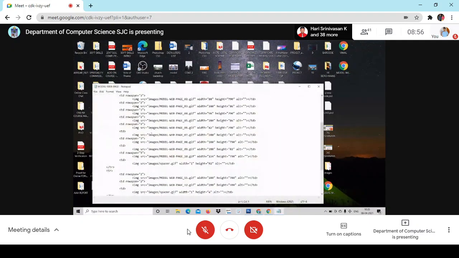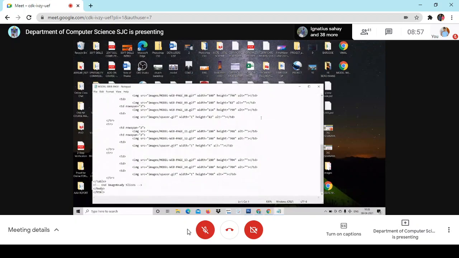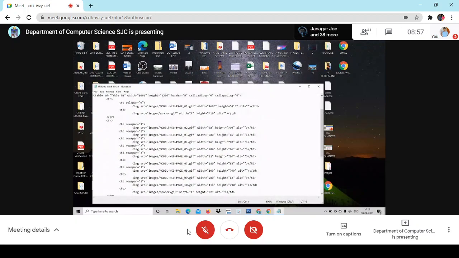See, I have so many codes for that. Right now, what do I do? Look at here. What is the name of the image? What is the first one? Home. What is the name of the image? Three. Yeah. Here, look at here. I've got image 3 here. Right. Here, I'm going to click it. Look at here. A hyper reference, which means the link. I'm going to give the link.